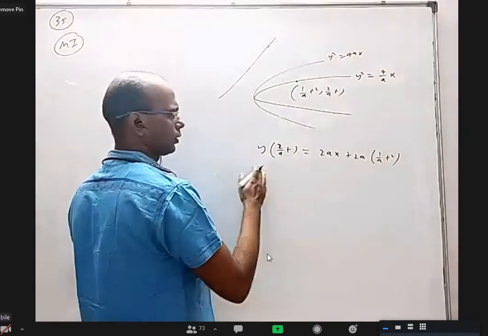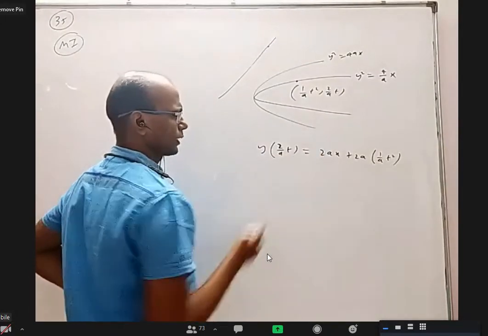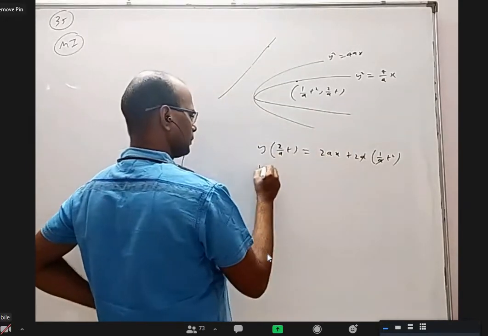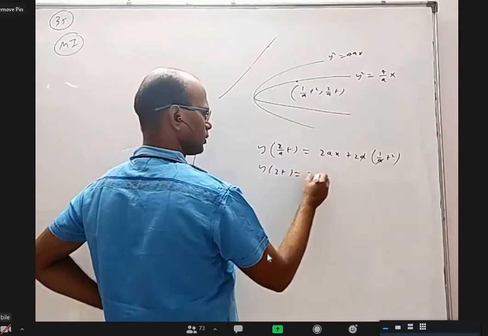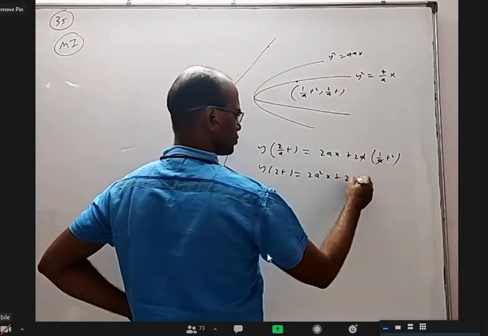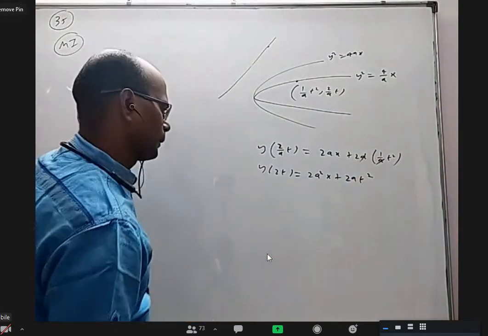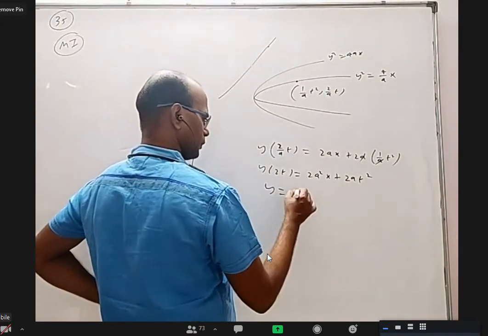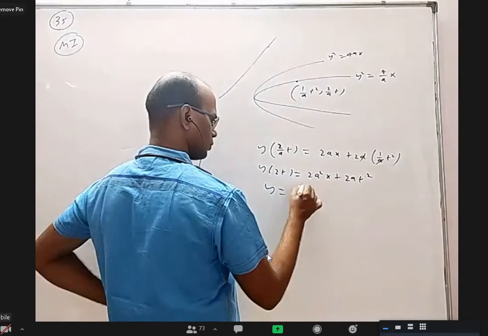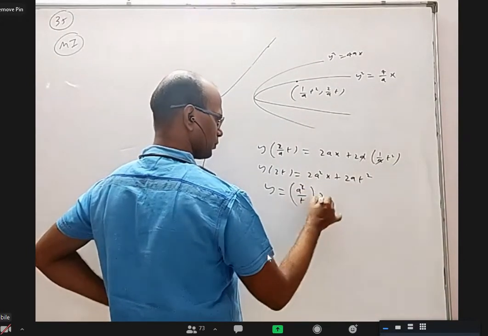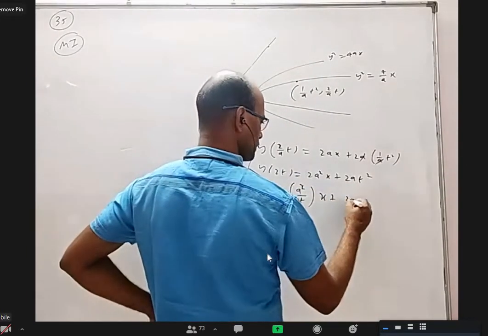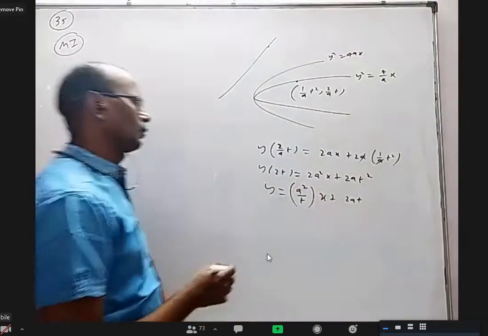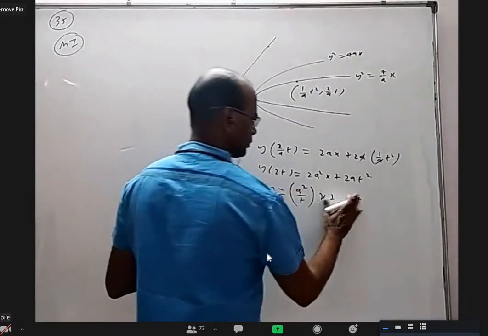Okay. Now I got a line. If possible, I can cancel something. I can cancel a here and this a here. y into 2t equal to 2a square x plus 2a t square. Better to write in y equal to mx plus c form. It is better to divide with 2t also. So it will become a square by t into x, here 2at. Not 2at, only at. Yeah.